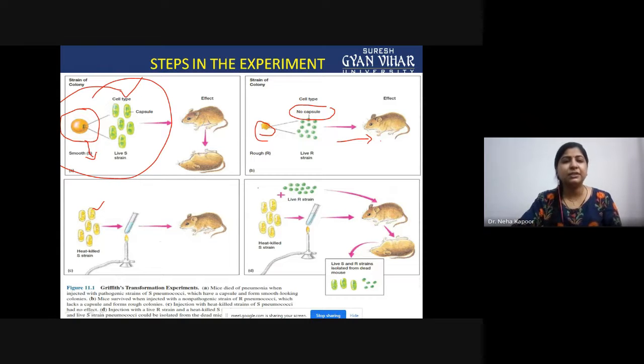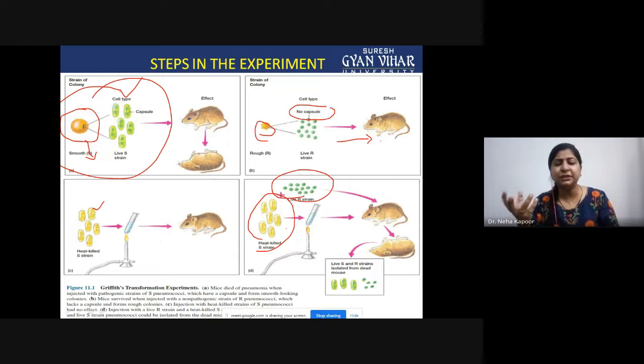So to infer the thing, what he did, he took the heat killed S strain and live R strain. Now, according to this, what should be the expected result? That the mouse shall survive. But the reverse happened. At that time, the mouse got pneumonia and died. It was quite confusing, because in separate experiments both heat killed S strain and live R strain were providing life to the mouse. But how come, if we mix both the strains, the mouse is dying?